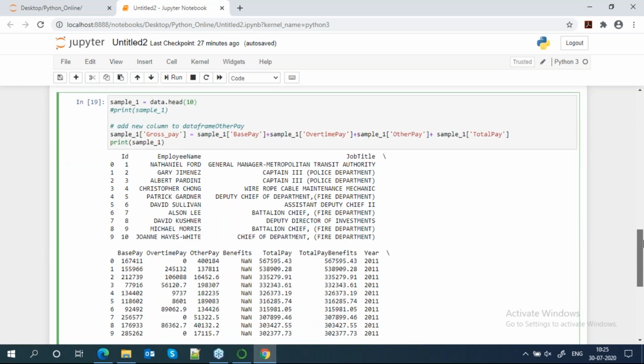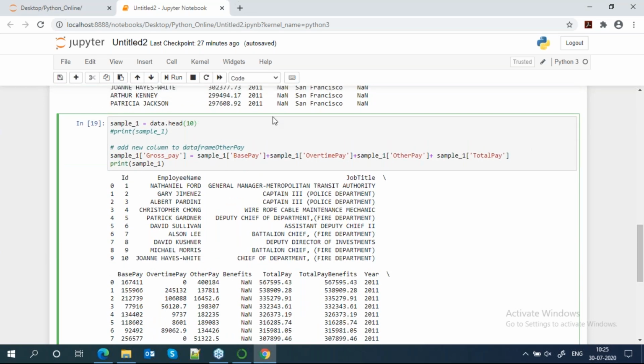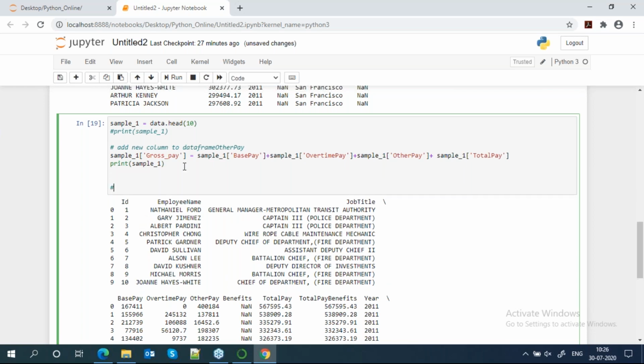Okay. So this is all about adding a new particular column to my data frame. Now, how to drop or delete a column. In drop column we have a concept called axis.